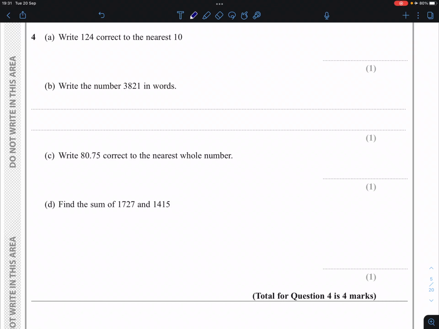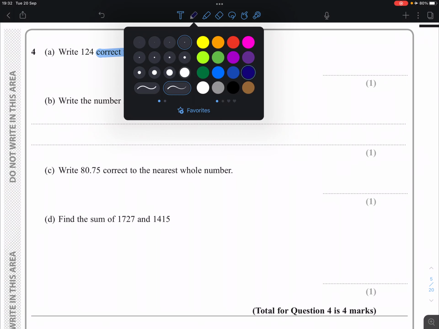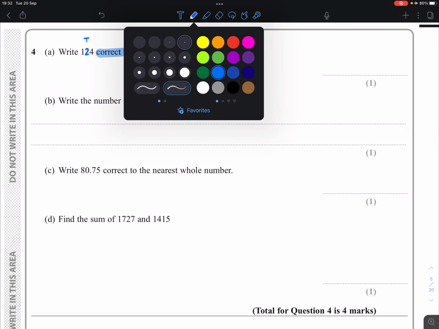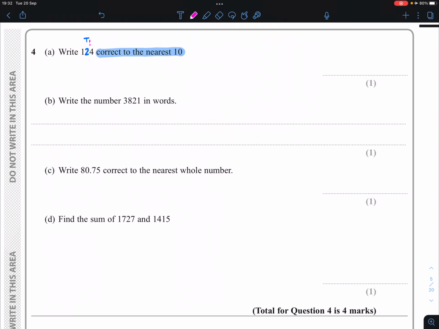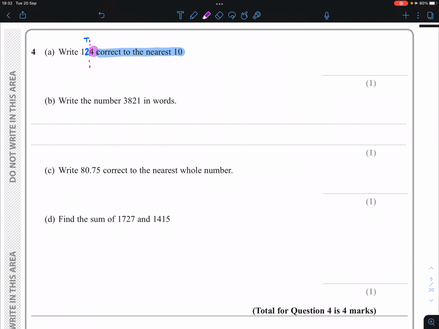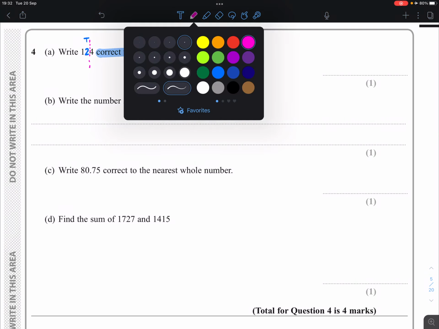Question 4a, write 124 correct to the nearest 10. So as far as the nearest 10 is concerned, that means that the tens column, which is the 20 that's there, we're going to be rounding this number at or after that 2. The 4 that comes after that dashed line that I've drawn, or after the 2, is not going to change the value of a 2 because it's less than 5, which means the 2 is going to stay the same